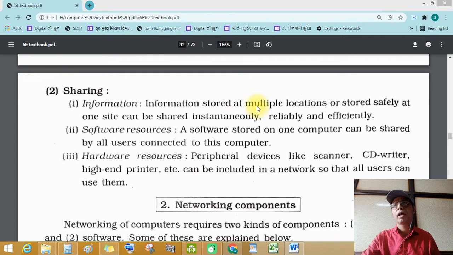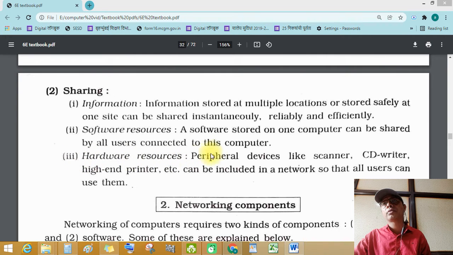Information stored at multiple locations or stored safely at one site can be shared instantaneously, reliably, and efficiently. Second, software resources. A software stored on one computer can be shared by all users connected to this computer.